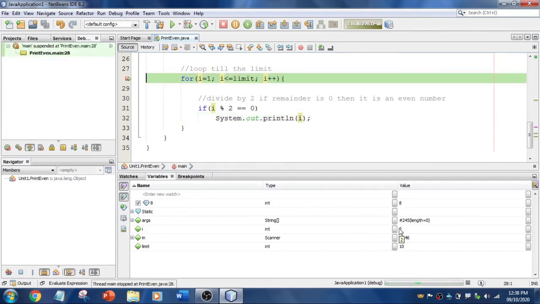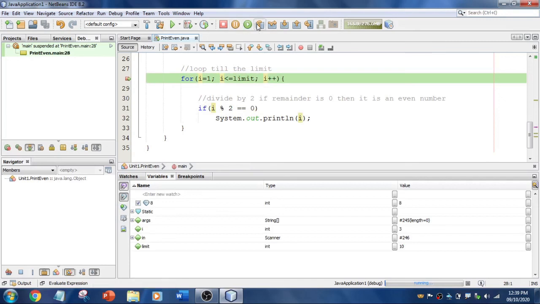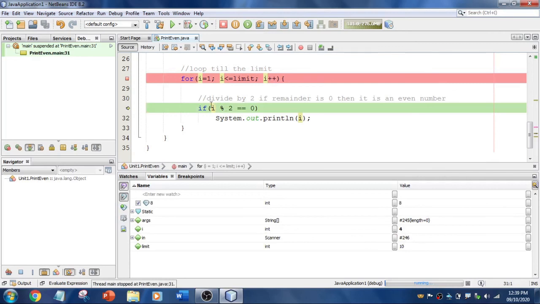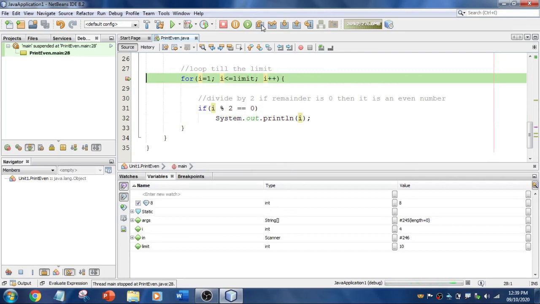Fine. Now again I'm going to run this, it went back to the for loop. As we know the I value is 2, so now if I run this again, the I value will get incremented. Yes, it is incremented here to 3, and if I place my cursor, the I value is 3. Now I'm going to run this. The condition is not true, so it went back. Then I'm going to increment again, so the I value will become 4, right? You see the I value is 4 now, so the condition is true, so it came over here, and then it will execute this, print this, and go back to the for loop again. This will continue until the condition is satisfied.